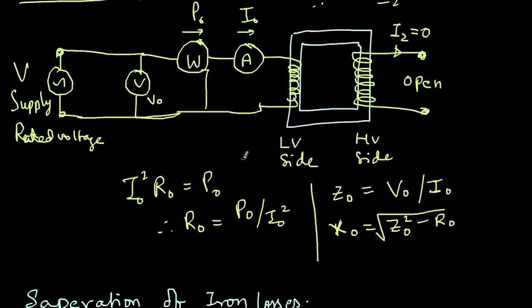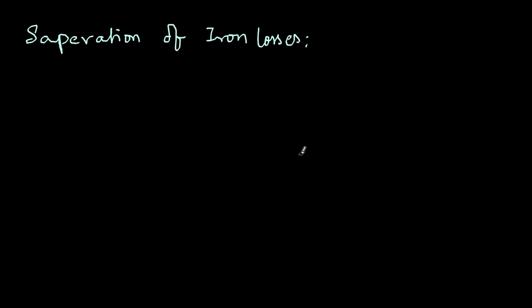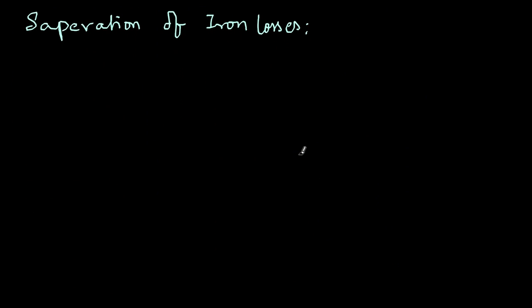By the way, why is this experiment giving iron losses only? First of all, at rated voltage, since I2 is open, there is no copper loss in this winding, and here also, since I0 is only 2 to 3% of the actual full load current, the copper loss due to I0 is very negligible. Therefore, whatever loss happens is core loss itself. That is the reason. Now, typically it is observed experimentally that iron